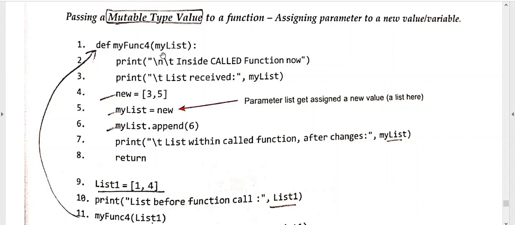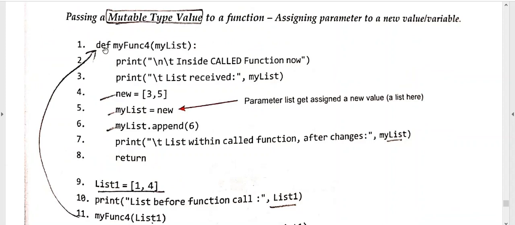Now what you are doing, you are receiving this list here but you are not using this list, you are making your own list here. So whatever changes you are doing in this are not done here. So being mutable, you are passing the mutable data type as an argument, but changes are still not done. So this is another way that you are using a mutable data type, but your changes are not done. So mutability doesn't ensure the changes will be done if you are using a new variable or new list here. Okay, so let us see this example also.